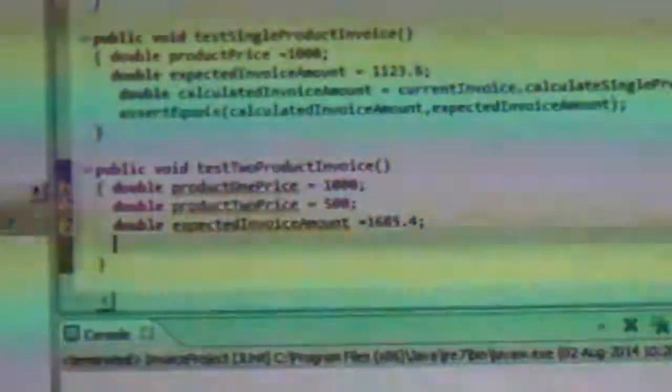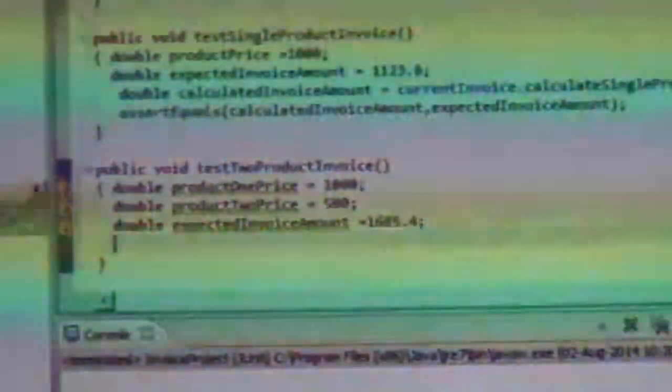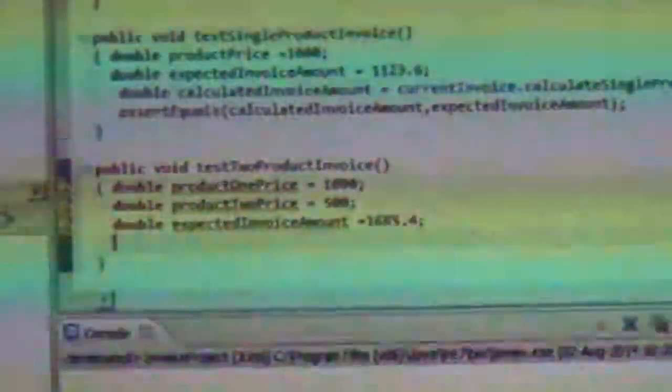So it makes the code readable. If you read expected invoice amount, you just know what is there. That's another principle of clean code, where we should write variable names well, even if it is for a demo, but it should make some sense. Good. So what should I do then?